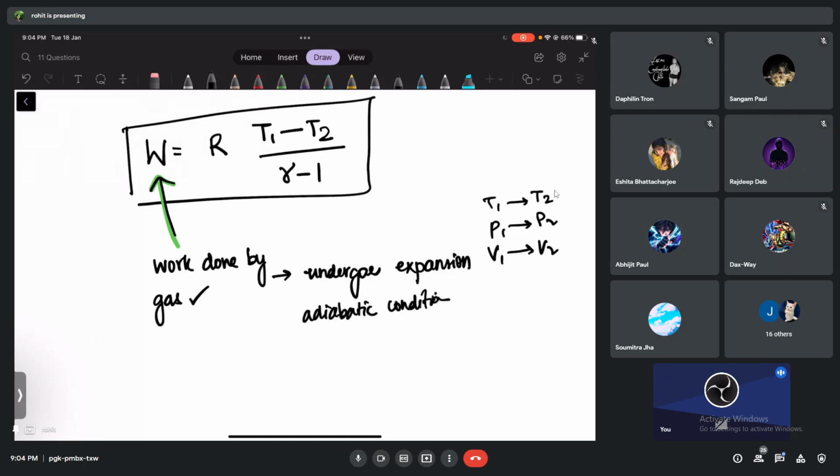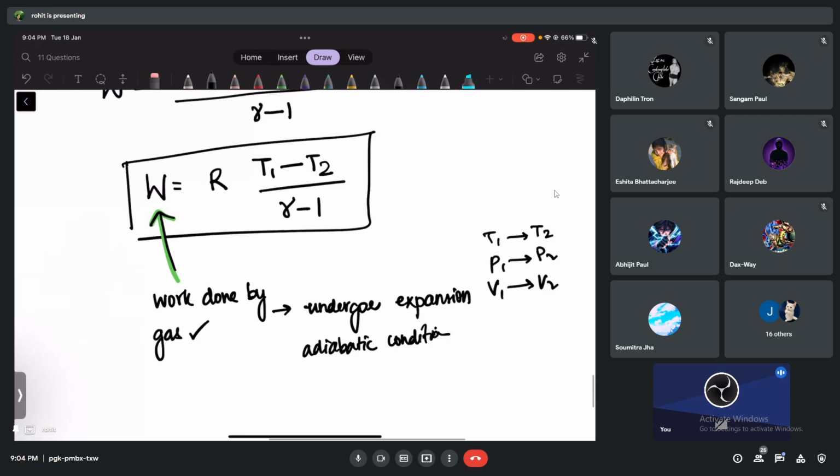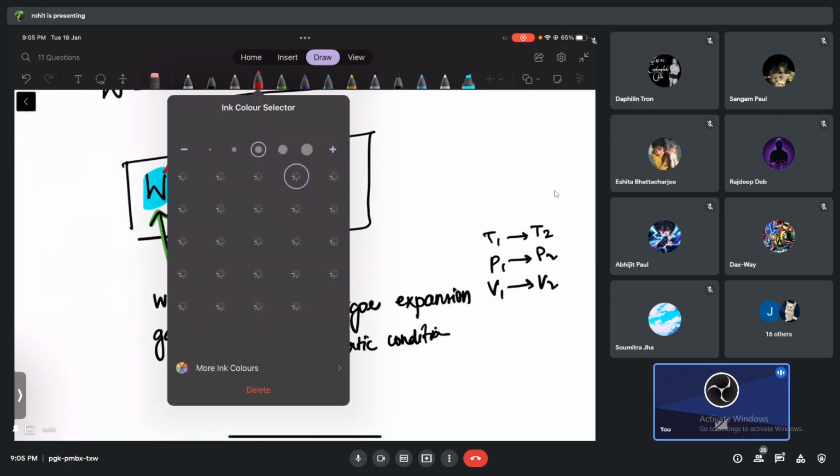Now tell me, what does this work done depend upon? What do you think? I've given you a hint also. Does it depend on the final temperature and initial temperature? Does it depend on initial and final? It depends on the difference in temperature between those two states. If this difference is very, very large,